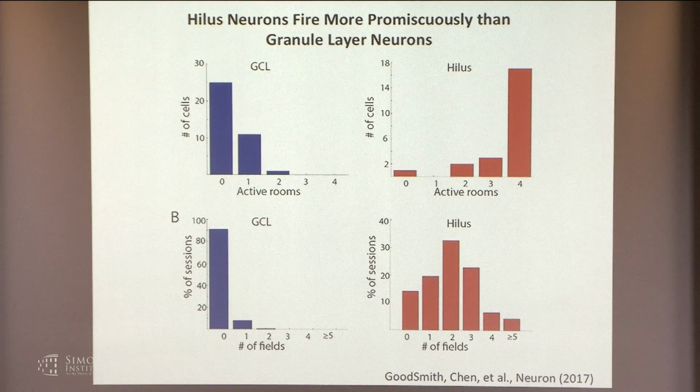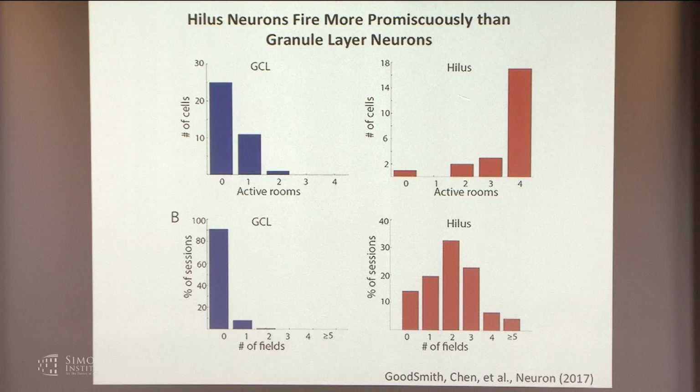If you look at all of our recordings from the granule cell layer, Doug created some classifier techniques to try to classify these cells based on a number of parameters, and we're pretty confident that these are accurate, but not 100% accurate. But what he classified as a granule cell recording, the number of active rooms, how many of those 4 rooms did a cell have activity and a place field? Cells in the granule cell layer, most of them fired in 0 rooms. They were just silent throughout the whole experiment. Maybe 1/3 of them fired in 1 out of the 4 rooms, but none of them fired in all 4 rooms.